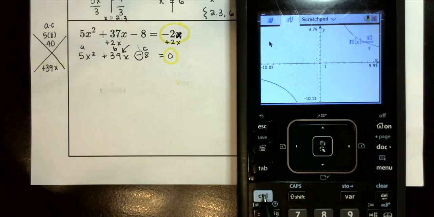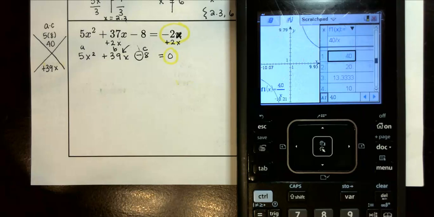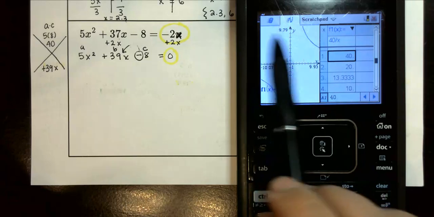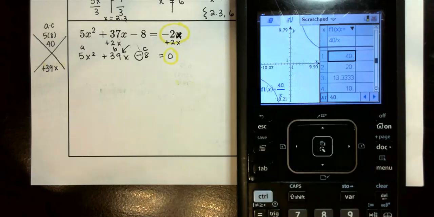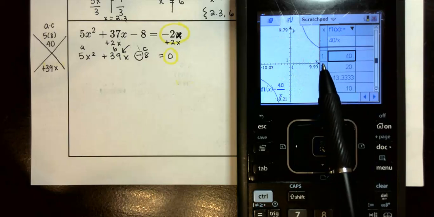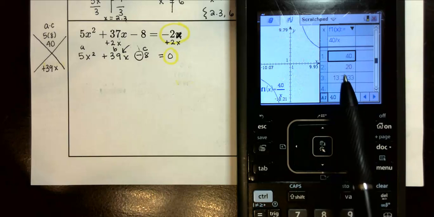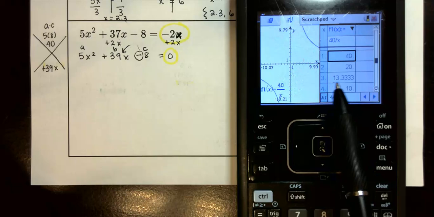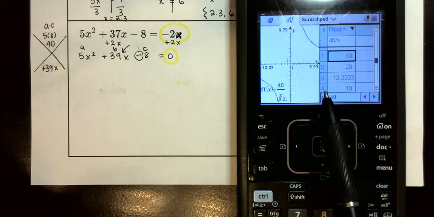You're going to hit control and the letter T. Control T. Notice that this table pops up. So ignore this, ignore that, because these are the factors that we're looking at. Anything that has a whole number for y is going to be the numbers we're going to look at. So this is 1 and 40, 2 and 20. We're going to skip 3 because notice that 3 doesn't have a whole number, and then we have 4 and